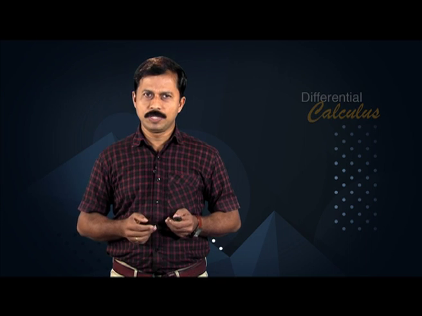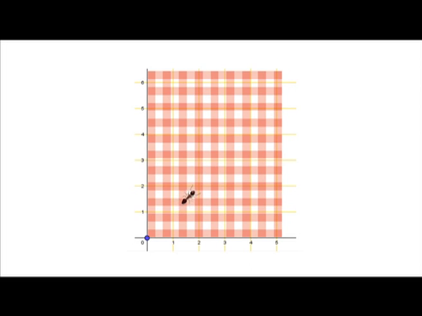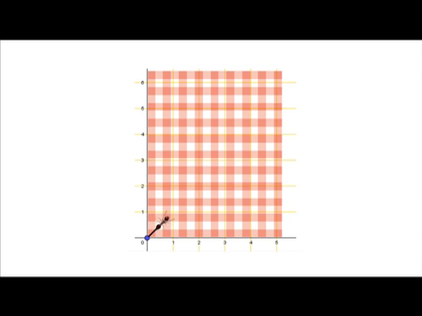Let's begin with observing the movement of an ant on a tablecloth. We draw two mutually perpendicular straight lines on the edges of the tablecloth and they are considered the x and y axis respectively. Then the intersecting point of the lines is the origin of the plane containing the tablecloth. Suppose an ant starts its movement at the origin and moves in a straight line on the tablecloth as shown in the figure. The ant's position, ordered pair (x, y), relative to the coordinate axis is shown in the figure for different times t given in seconds.